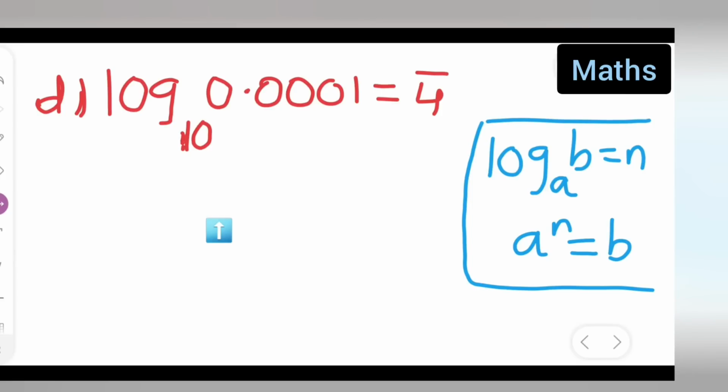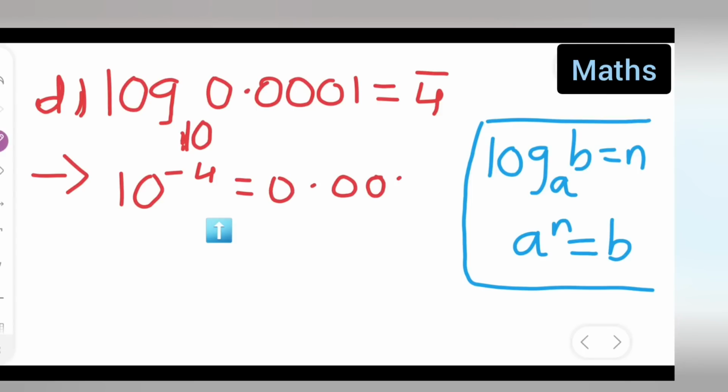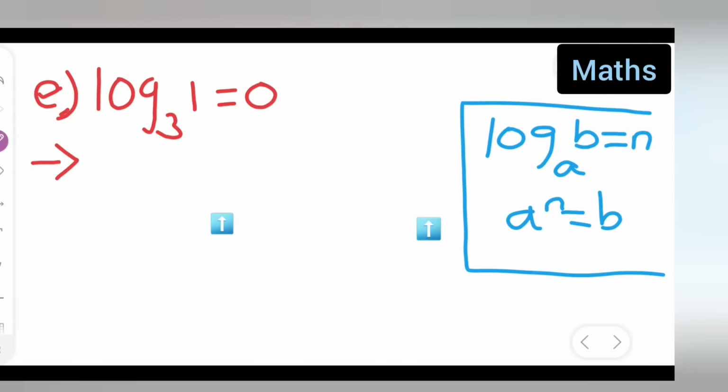This is also very easy only. So what you'll have to do over here is 10 raised to power of -4 is equal to 0.0001 is your answer. Next, let us see e1. Your e1 will be what? 3 raised to power of 0 is equal to 1, because your a is what? 3 and n will be what? 0 is equal to, your b is 1. So write down 1. And always note that